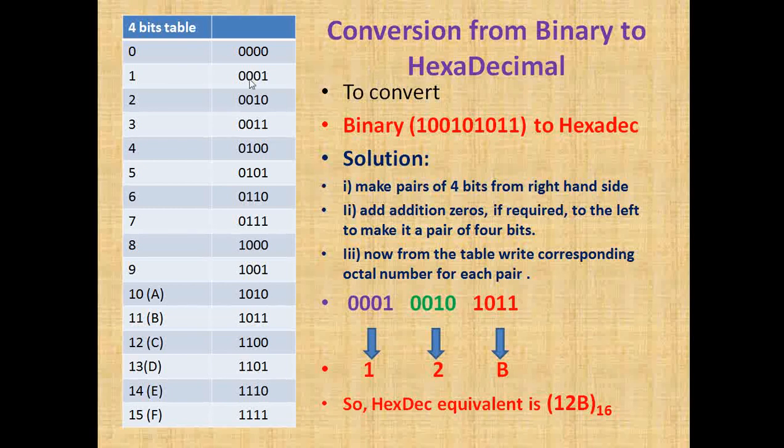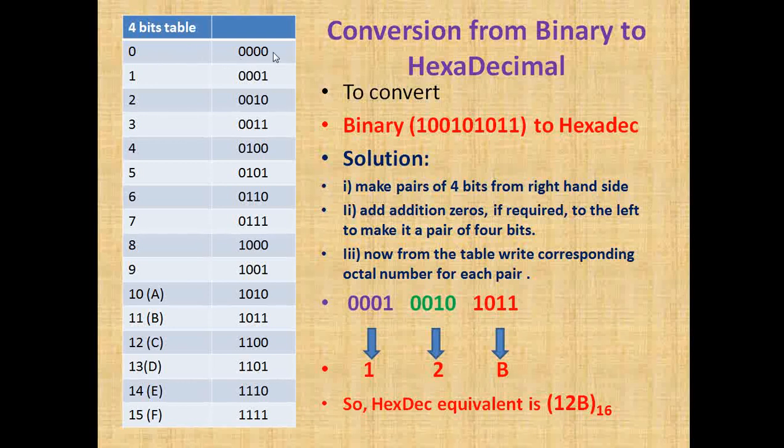So since there are 16, the base of the hexadecimal number system is 16, which can be written as 2 to the power 4. So this time we will represent each digit of the hexadecimal number system in 4-bit form. How many? 4-bit form, right? So again, we are going to represent this in 4-bit form, so each number should be represented by a group of